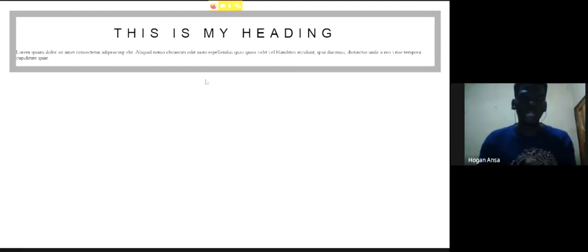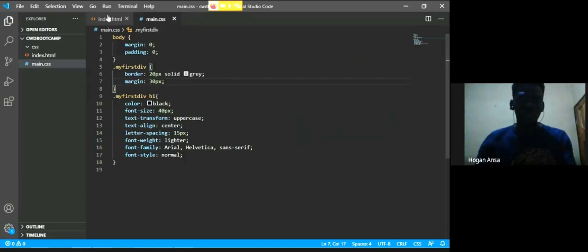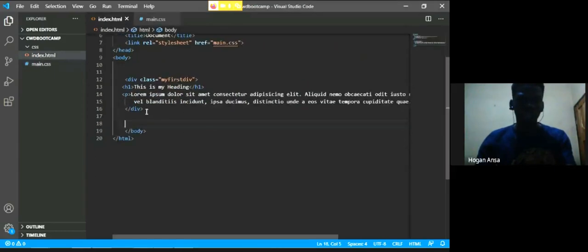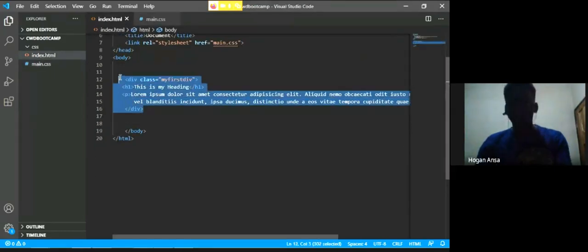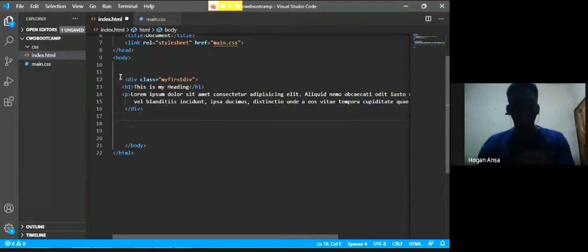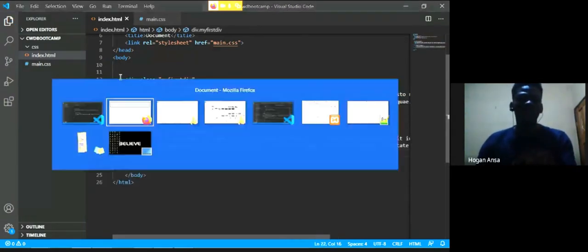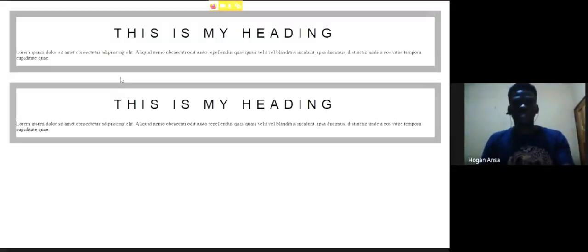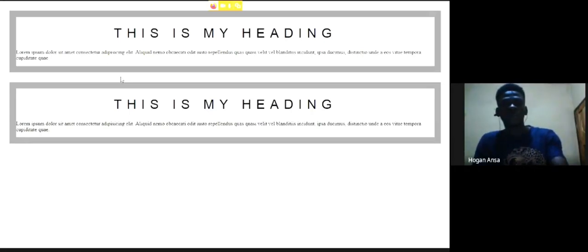But if I add another element there, you will probably see it. So let me just go and copy that div again. Copy this and paste it below. So there are 2 of those divs. I'm just doing this so you can see. Yeah, so you can now see that there's a margin of 30 pixels here, left, bottom, right,